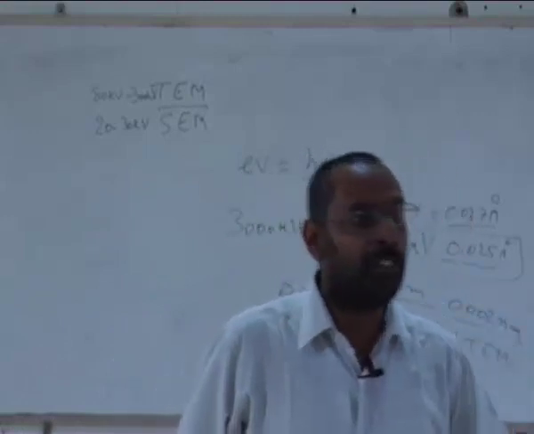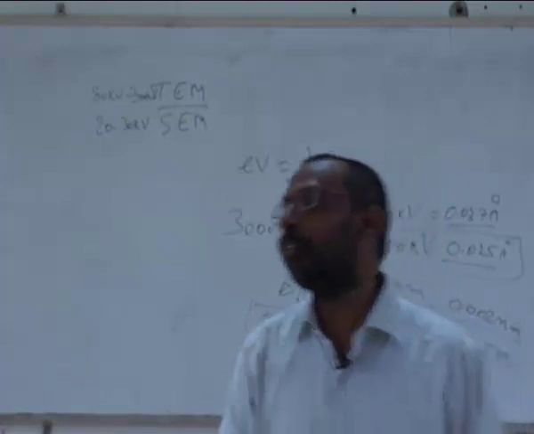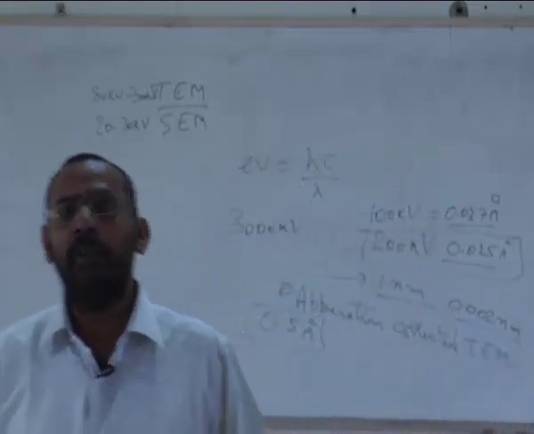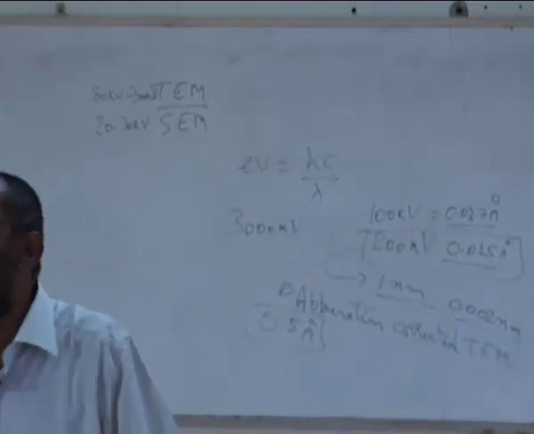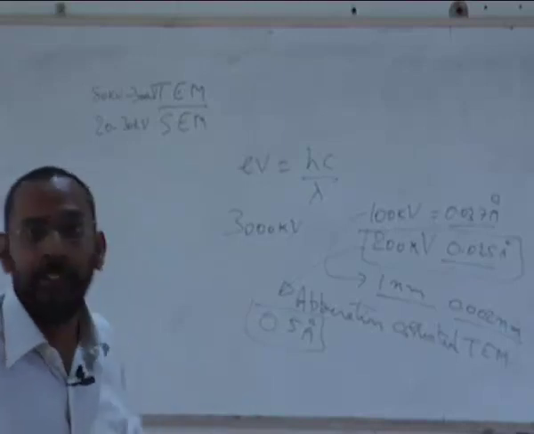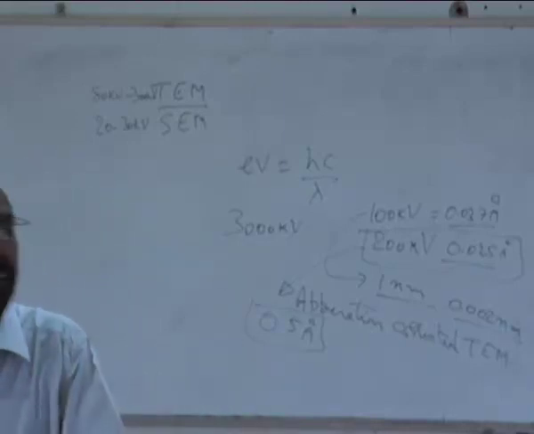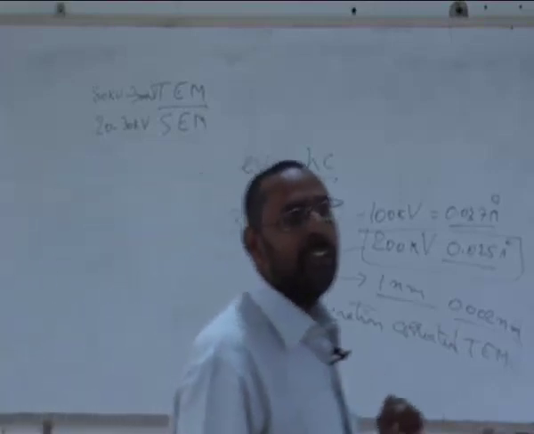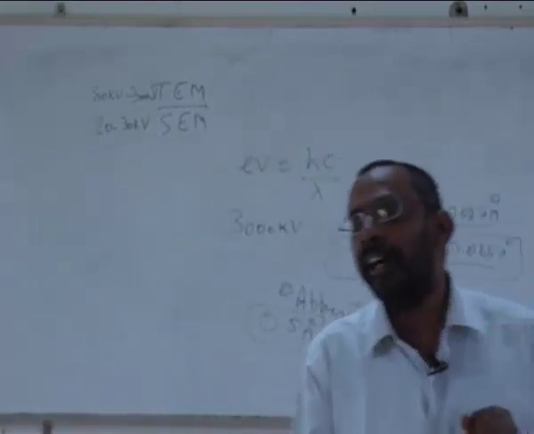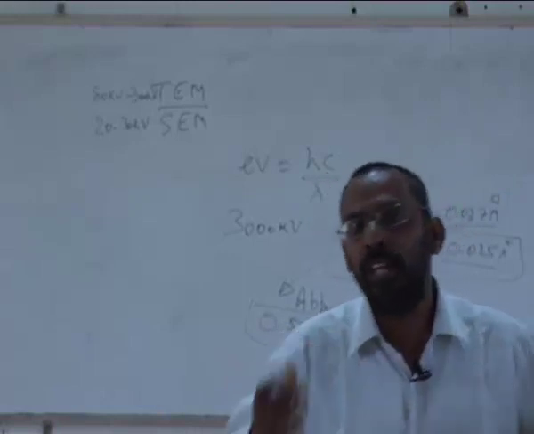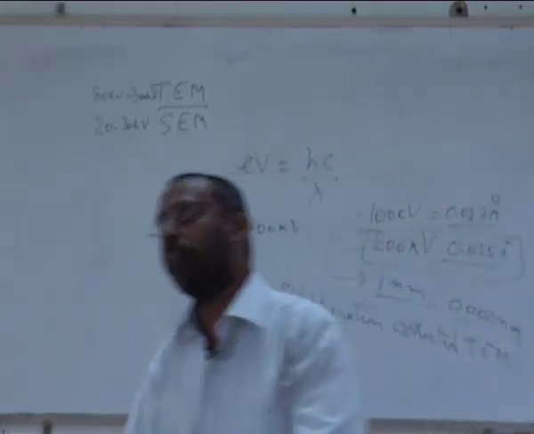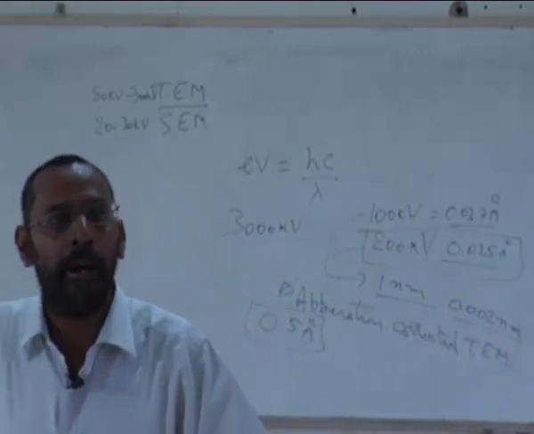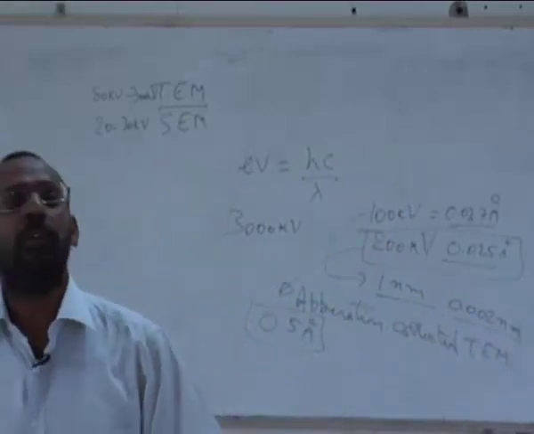If I want to see a dislocation for that matter, we can also see those dislocations. Maybe today we will talk a little bit about how to see these dislocations once we start talking about the diffraction in electron microscope. So you can see atomic resolutions in an electron microscope. You can also see higher than the atomic resolution. That means you can also see particles, precipitate particles. You can see grain sizes.